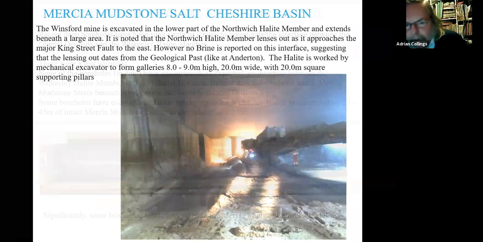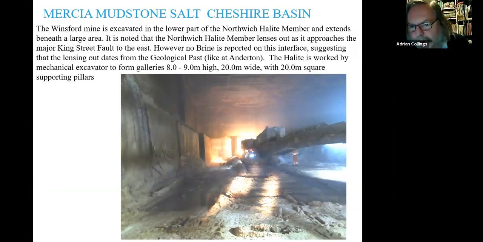The Winsford mine is excavated in the lower part of the Northwich halite member and extends beneath a large area. It is noted that the Northwich halite lenses out as it approaches the major King Street fault to the east. However, no brine is reported on this interface, suggesting that the lensing out dates from the geological past, perhaps like